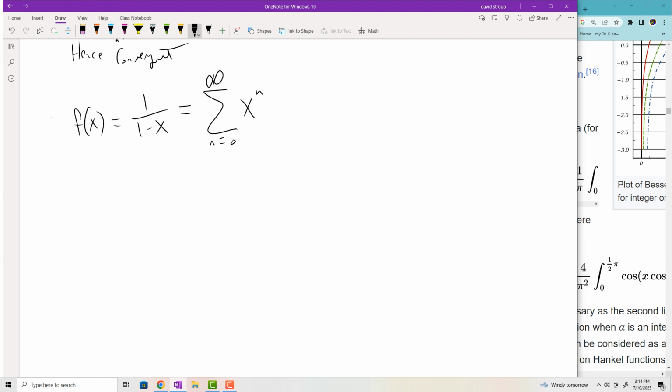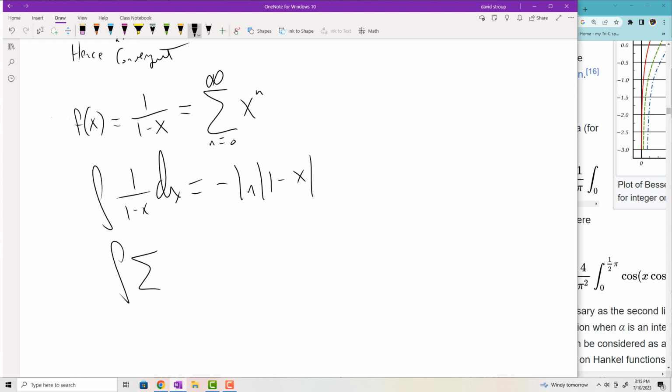But if you were to integrate something like that, 1 over 1 minus x dx, of course you have to do a u sub on it. What do you get? You get negative ln absolute value 1 minus x. Okay, so if you integrate this power series, you can get a power series representation for these natural log